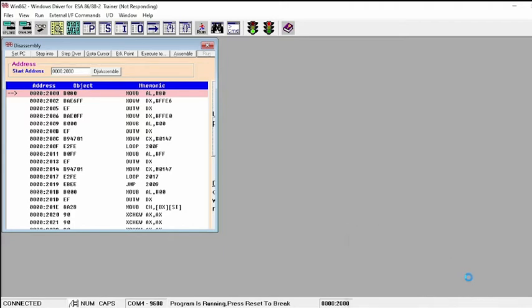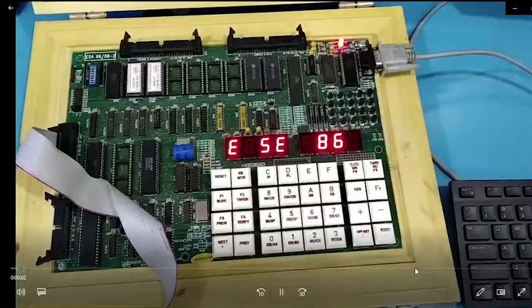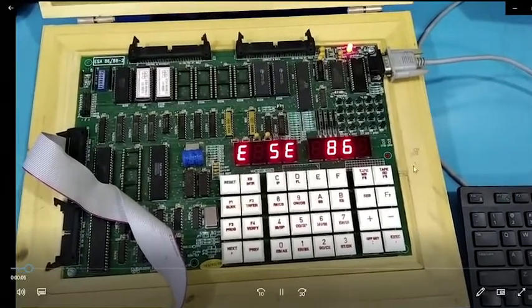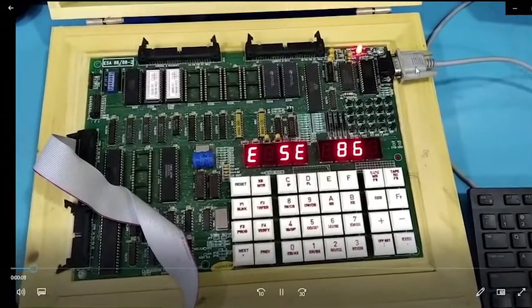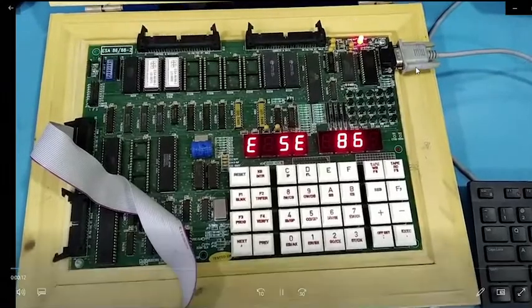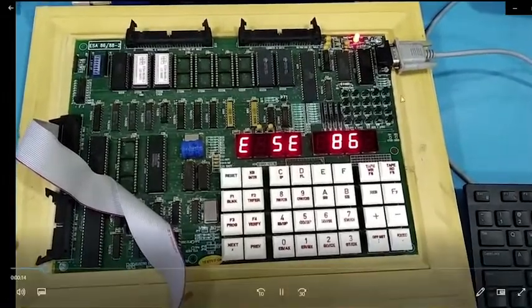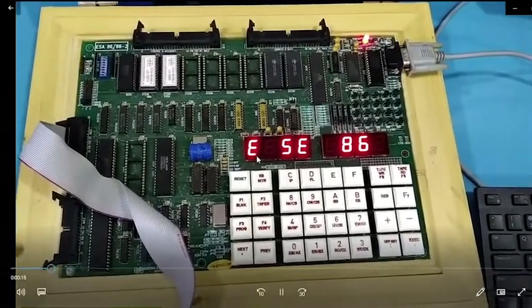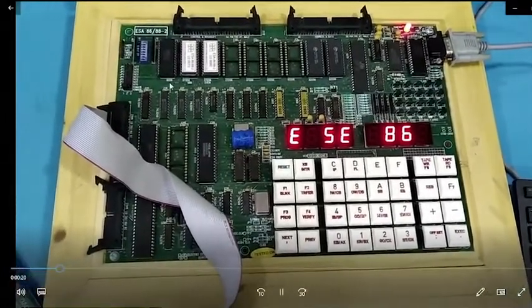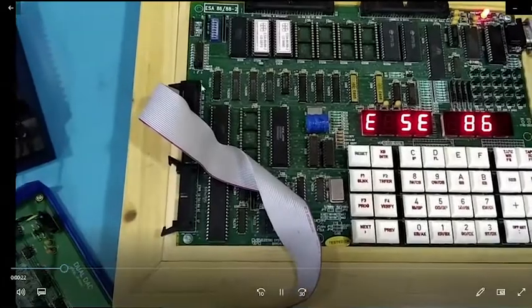Now let us see how we are going to interface and how we are getting the square wave as an output. This is the 8086 trainer board. One end you have to connect to the trainer board and another end to the CPU. If you observe, there are switches.